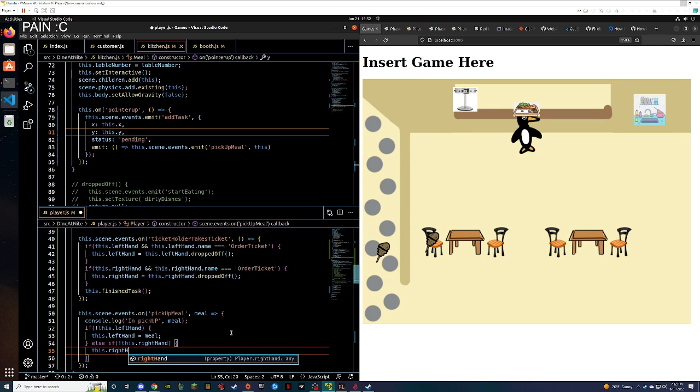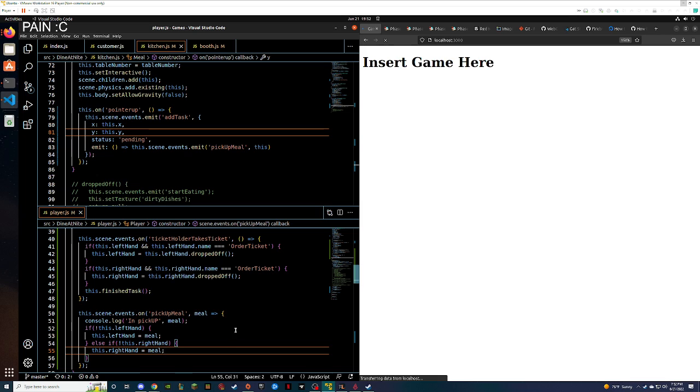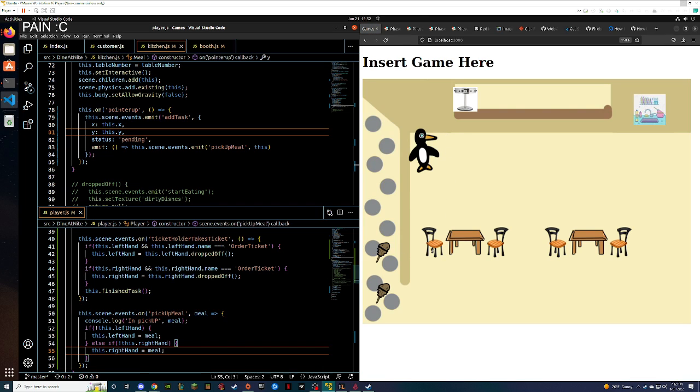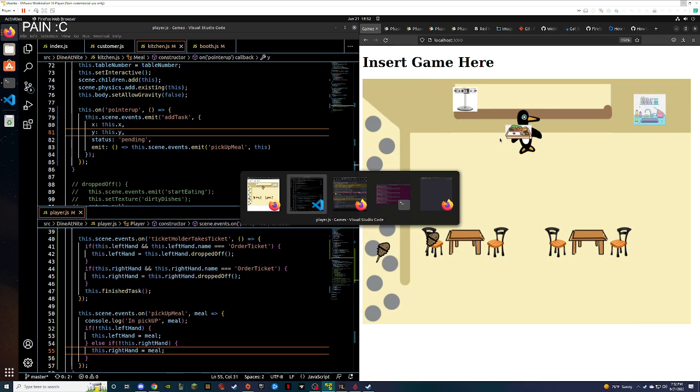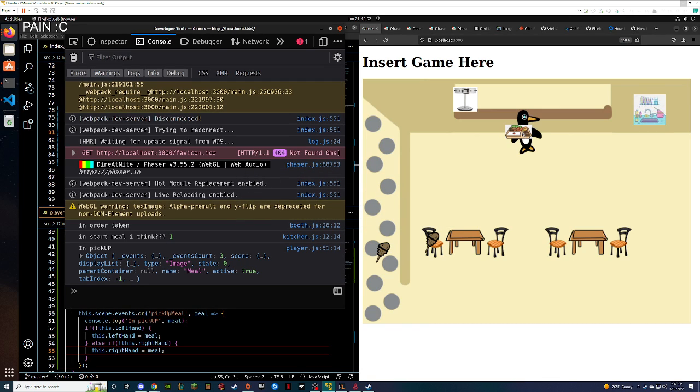This dot right hand equals meal. We don't need to get rid of it because yeah, we can't. I never finished it, which is why I'm not moving anymore.